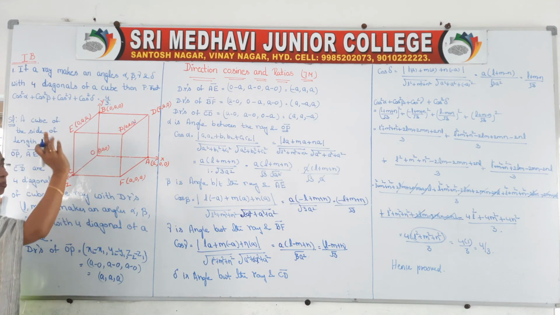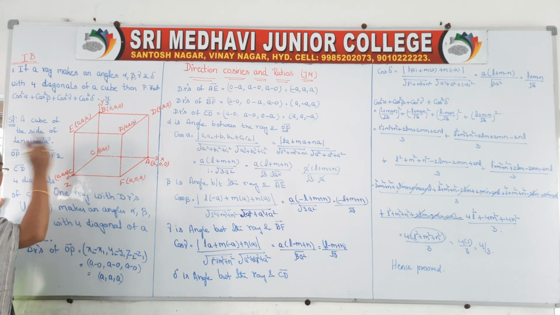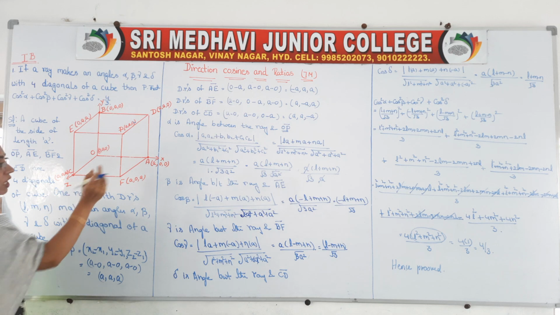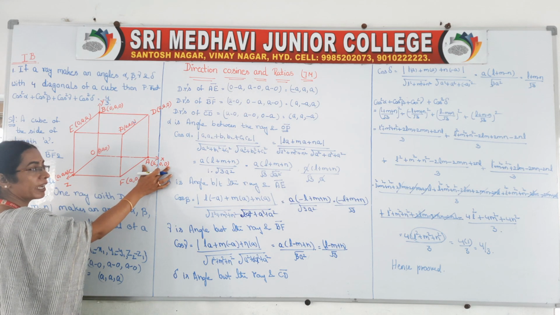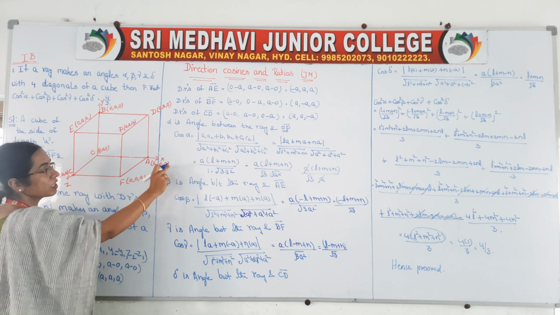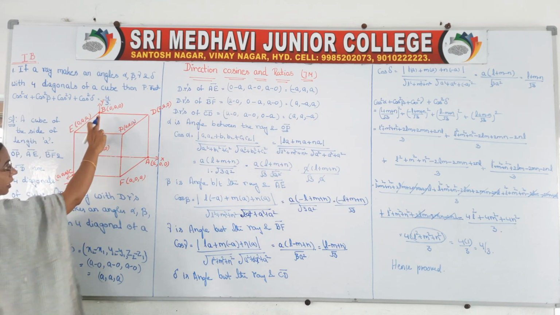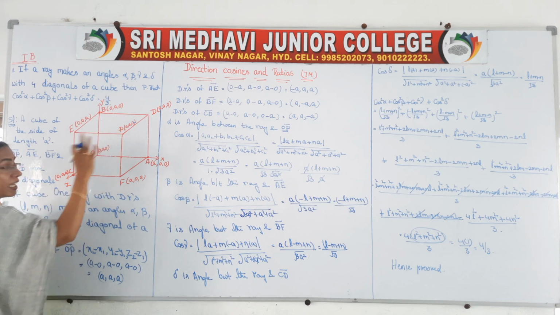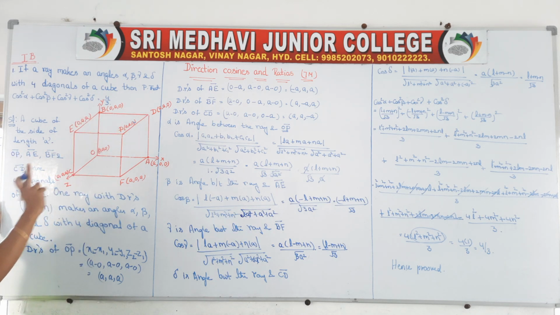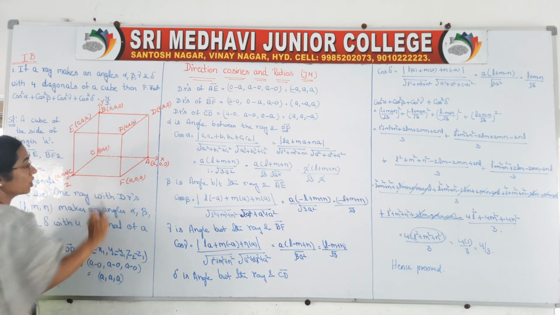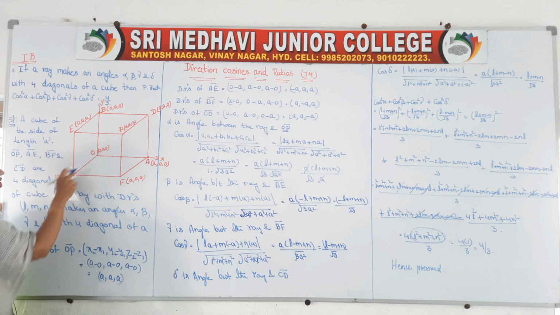Okay, so all of you observe carefully. This is the cube with the side a. The length of any side if you take, it is a. That's why if we take A point on x axis only, x coordinate will be there. So it is (a, 0, 0). If we take the point on y axis only, y coordinate will be there, and I said all the sides will be of length a. So your B point is (0, a, 0).